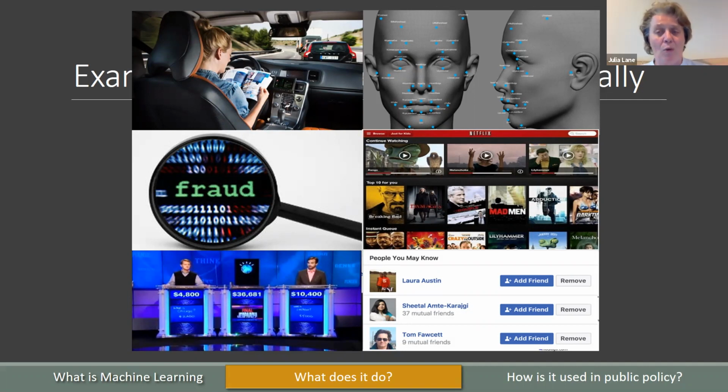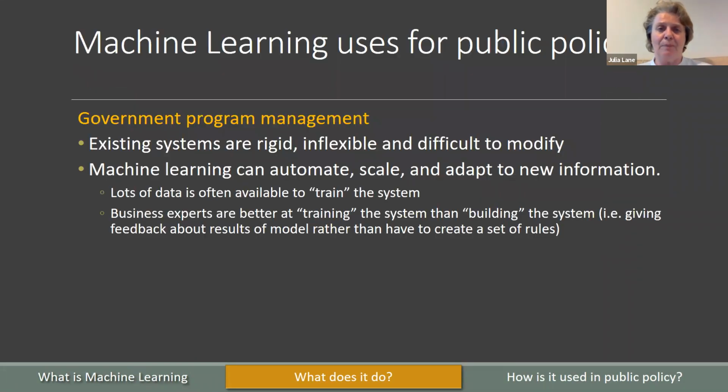So it does a whole bunch of very complicated sets of tasks. So how can it be used for public policy? Well, if you think about program management, the way in which we typically tend to set things up is we set up systems that have a bunch of rules. If this, then that. If this, then that. If this, then that. And so human beings are trying to figure out what those rules are, and then they're